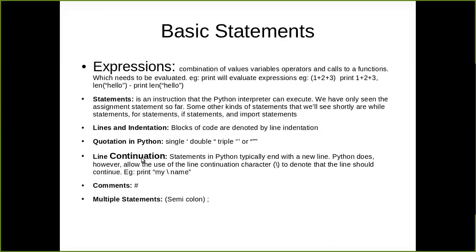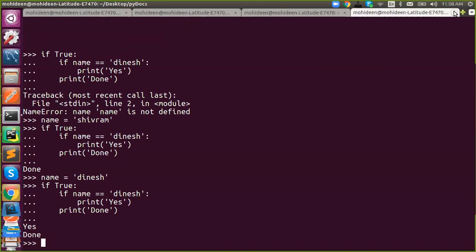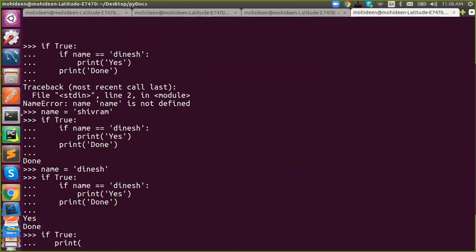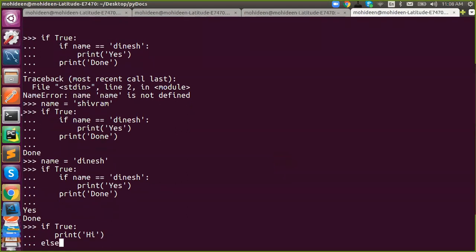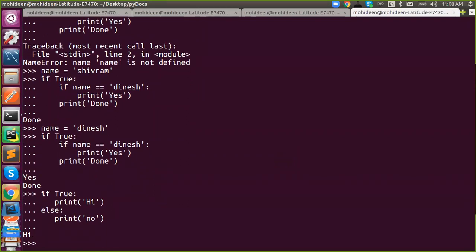Coming back to his question, if you have if else, that means it's one block, right? Yes, correct. In that case, if true, else, again I have to put a colon there. Consider: if true, print hi is one.